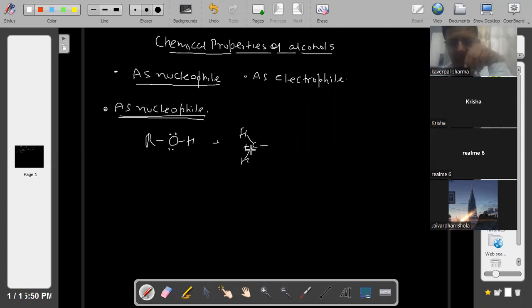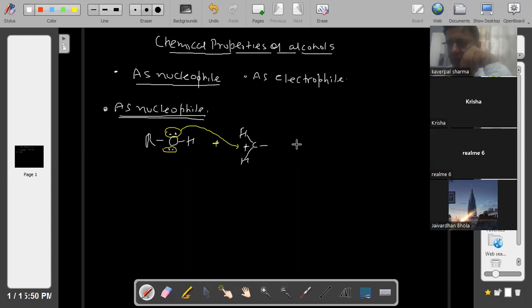It is electron deficient. The alcohol has lone pairs of electrons, lone pair 1 and lone pair 2. So it will attack as a nucleophile on the carbocation,